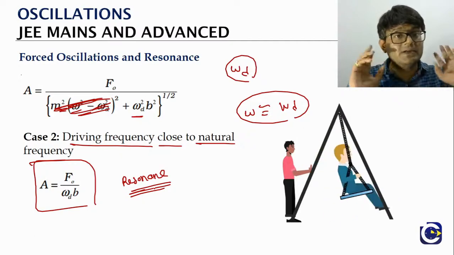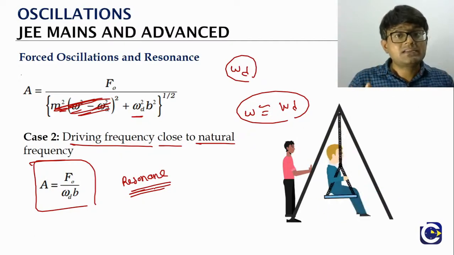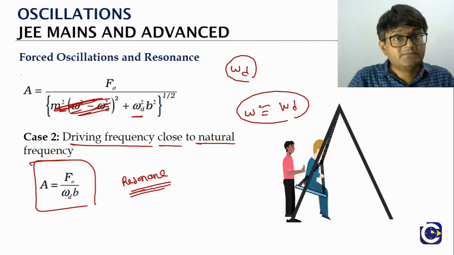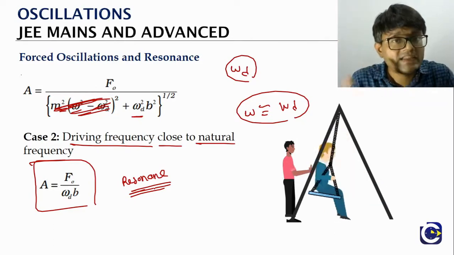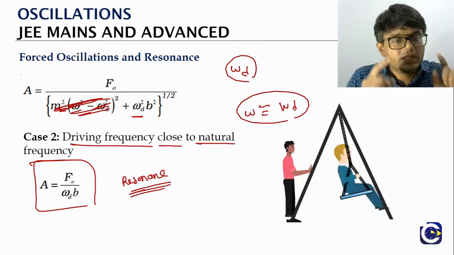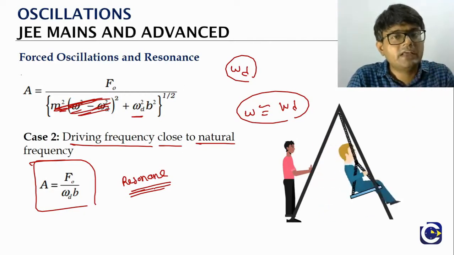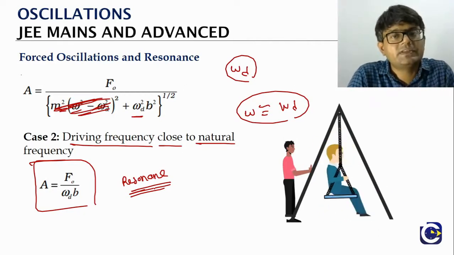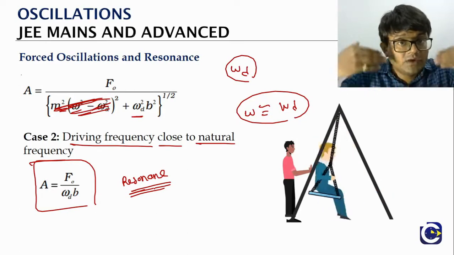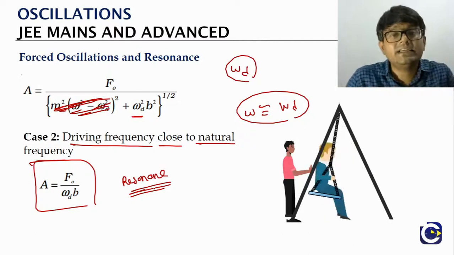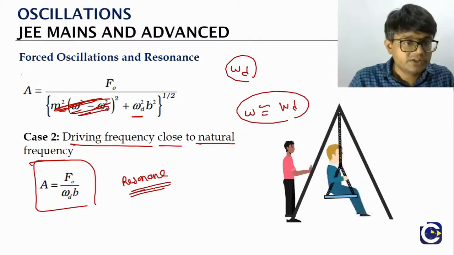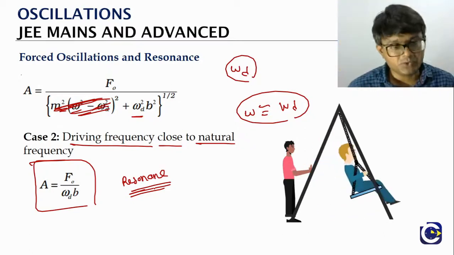It's not just about the amount of force the person who is pushing will apply, but more about the timing, at what frequency he will apply the force. If the frequency of the driving force is matching the natural frequency of the swinging object, then we'll see that the swings will be happening at a higher amplitude. That is what we'll call the resonance condition. So resonance will be able to achieve higher amplitude.